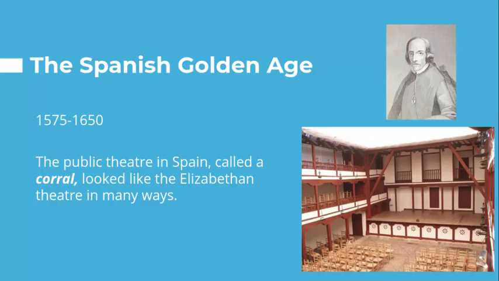Okay, Spanish theater was different in tone from the rest of European Renaissance theater in that the plays were both religious and secular. These plays were performed in restructured courtyards called corrales, which looked like the Elizabethan theater in many ways, as you can see here in this image. This golden age of theater in Spain lasted about 75 years, from 1575 to 1650. And theater at this point was an accessible art form for everybody in Spain because it was highly sponsored by the aristocratic class, and it was also highly attended by the lower classes.